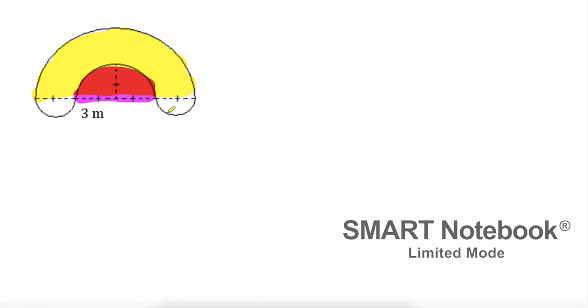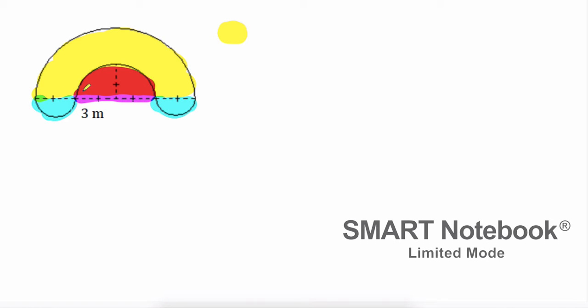Okay? And then on top of that, we need to add the two semicircles which are at the bottom. So here there is one semicircle and here there is another semicircle again. Later on we need to add the two semicircles together. Okay, so let's try and do this one by one. First, I'm going to find the area of the yellow semicircle, the biggest one, which is everything